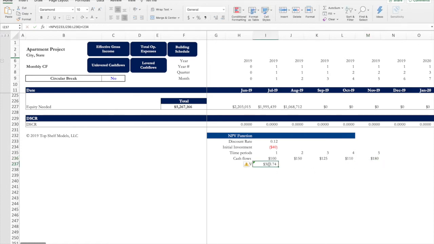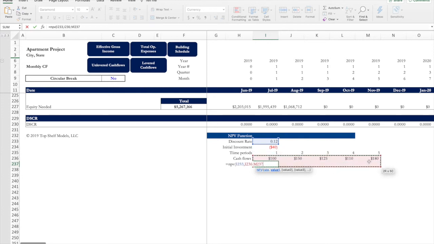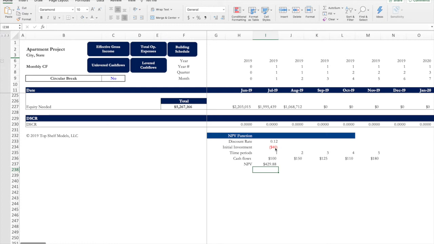So now we're going to go in and redo this NPV just so we can get the hang of it. We're going to go equals NPV, open up the parentheses again. Now our rate has not changed, so we're going to highlight that cell, comma, but now we're going to highlight all of these cells up until time period 5. Parentheses, then you're going to add the initial investment, and now you can see it's